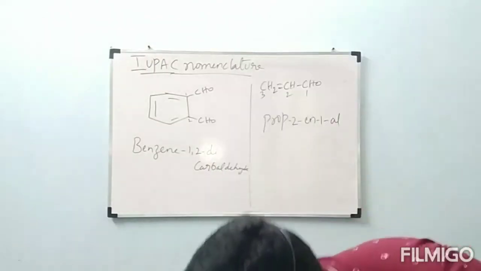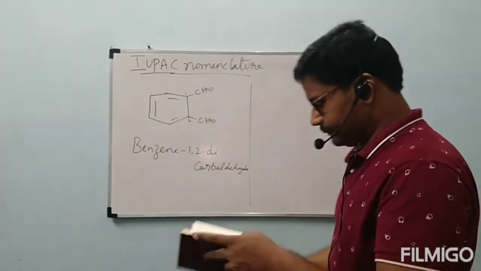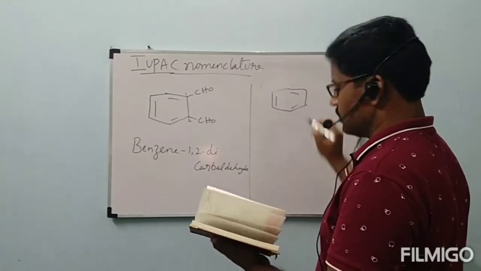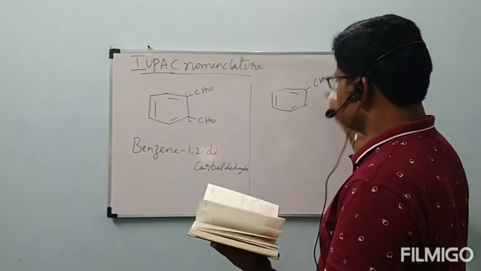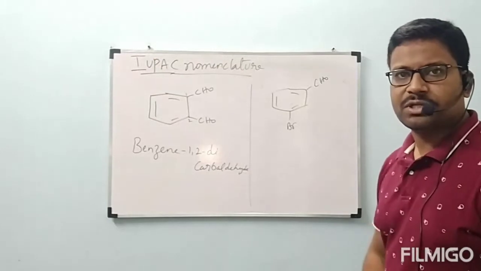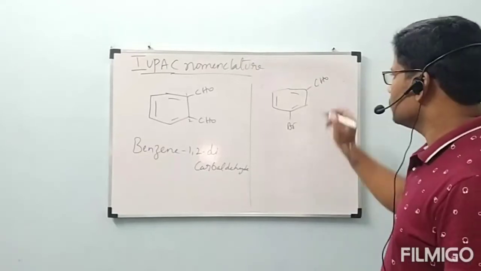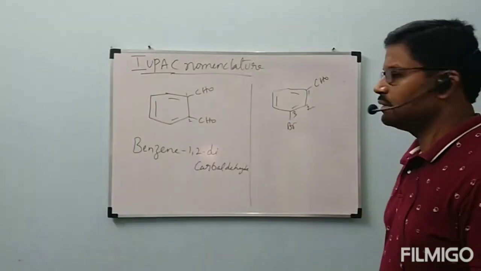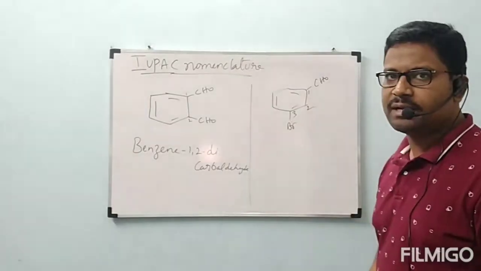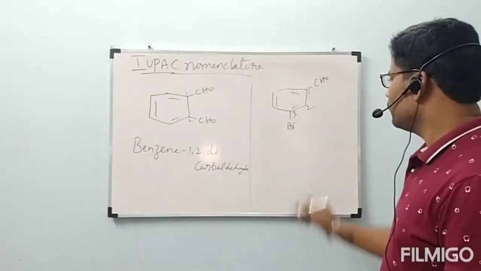Next thing. Benzene ring with CHO here and bromine here. When we have this compound, we have substituent Br and functional group CHO, which is more important. CHO is more important, so numbering will be given from 1, 2, 3. We should not give in that direction because 1, 2, 3, 4, 5, Br carbon will be getting 5th carbon. Instead of that, least number is preferable. So in this direction, we will give numbering. Now, what is the name?